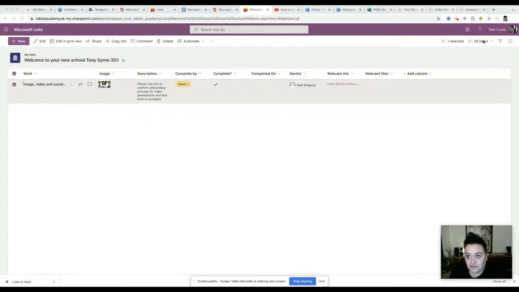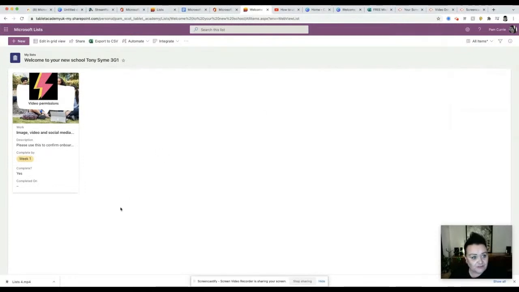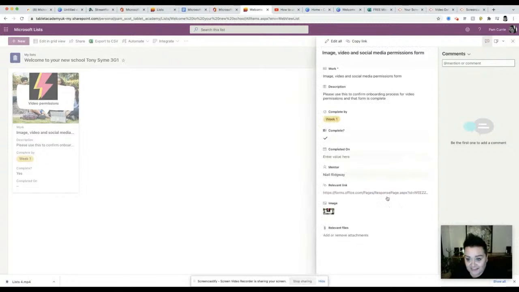If we switch to gallery view, you'll see how visual that looks. So this item is called image, video, and social media permissions. And what we've set up is a checklist for pupils submitting their video permissions form. So if I just click on that just now to edit it, you'll see here that we've got a number